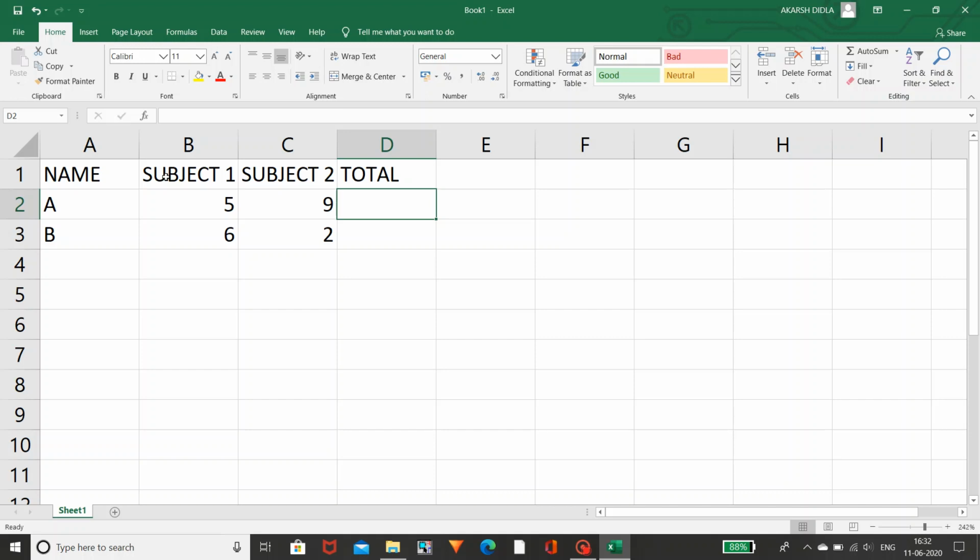For that purpose, I am going to show you how to do the auto sum or difference or average automatically. I am going to show it further in each and every option. I am going to explain, so don't worry about that. I will explain how to do the total. So this is about the small project.